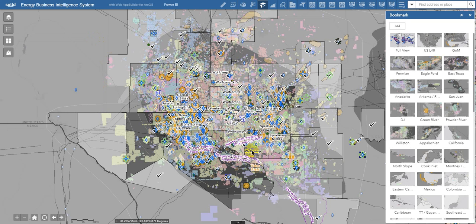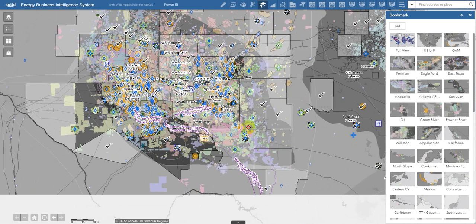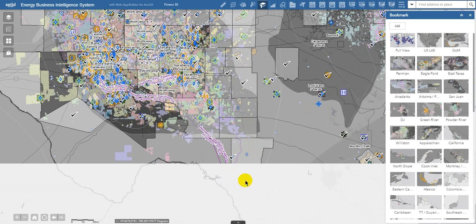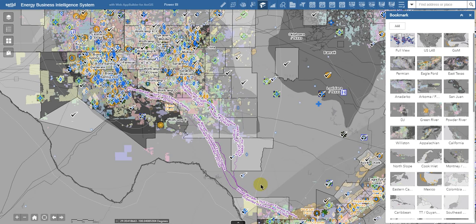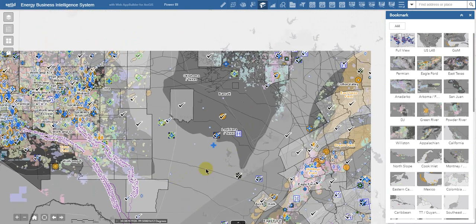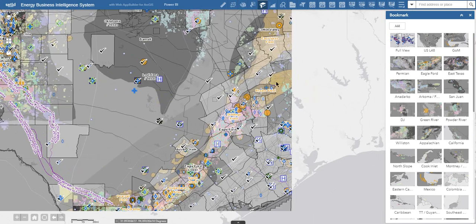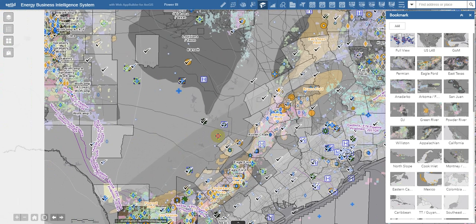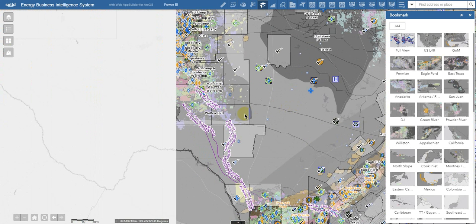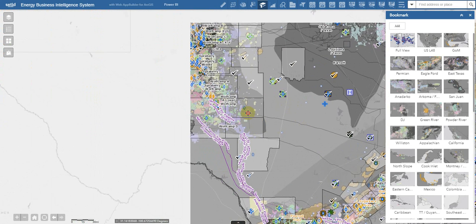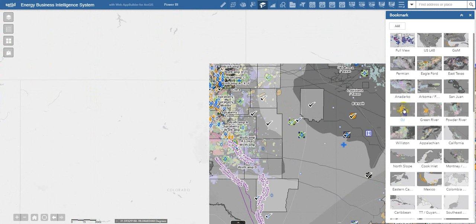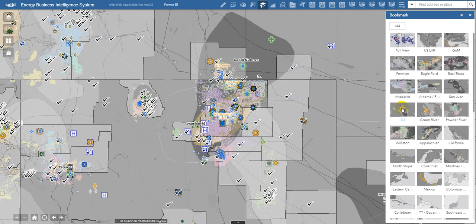Operators out here can run negative gas prices and still be happy with that. And then again, there are a lot of proposed pipelines coming out of here going to Corpus Christi to take advantage of the LNG exports. And then not far away in Houston, in this area in southeast Texas, there's a lot of underground storage that can all be piped there as well. So they have a lot of options. And so that leads me to my opinion, that they should focus on the place where there aren't many options,